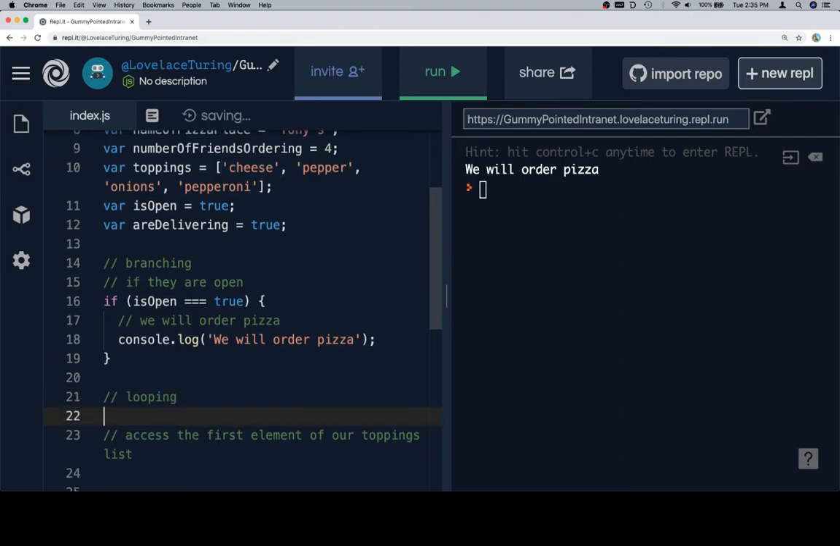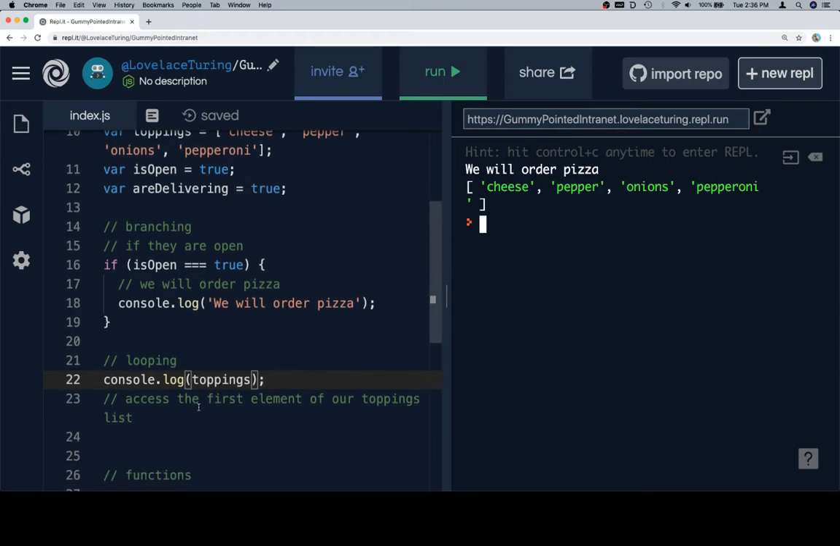Real quick, what we mean when we say access is, let's say I wanted to console.log isOpen. So we console.log that, we're accessing the entire variable all at once. So it says we will order pizza because this part is still running, and then we're console.logging isOpen, so it just says true. Now if we were to console.log toppings, we can list all of the toppings all at once. The issue there is that we might not want all of them, or we might want to access them one at a time, which is what we're up to, or many other situations. We might want to access only one of them. And so what we can do is,